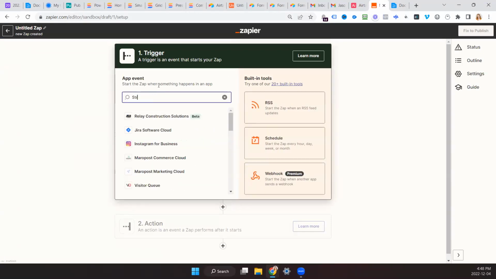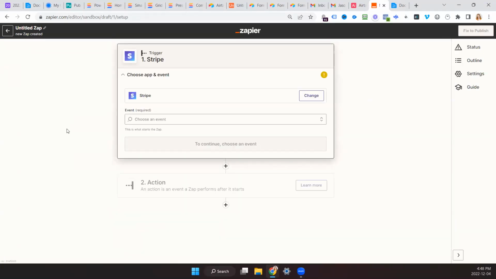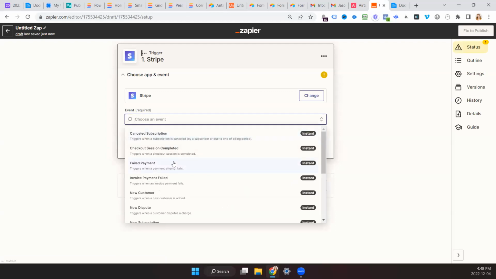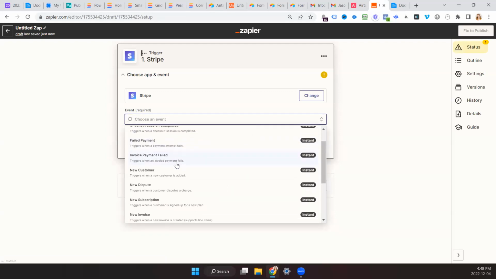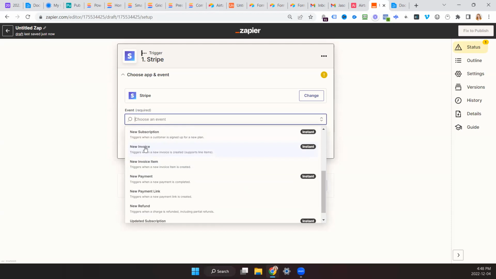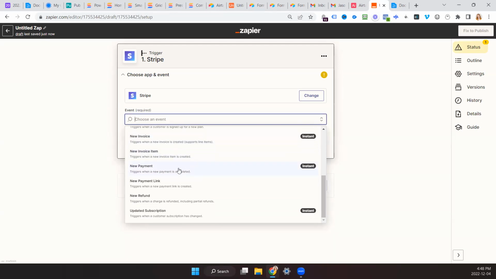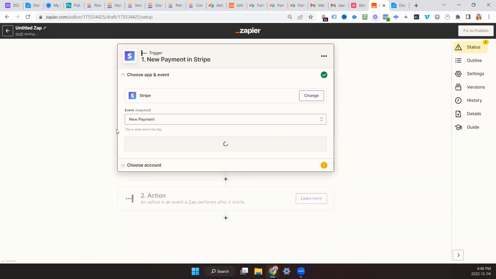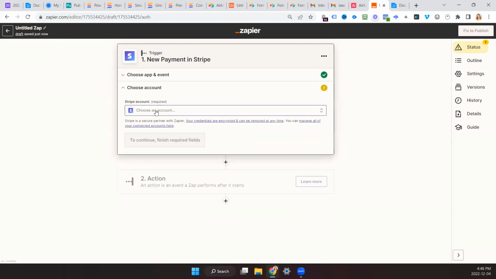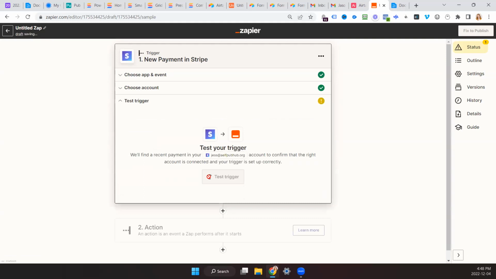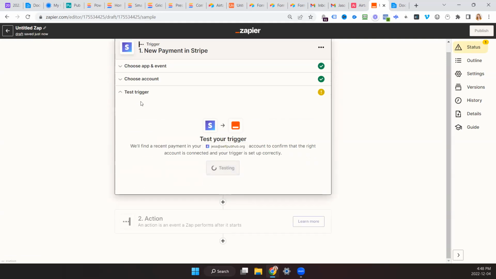and then you'd say Stripe, and then whenever we have a new payment. So we'd have a new payment. First, you're probably the last payment, so we're going to test this out on you.